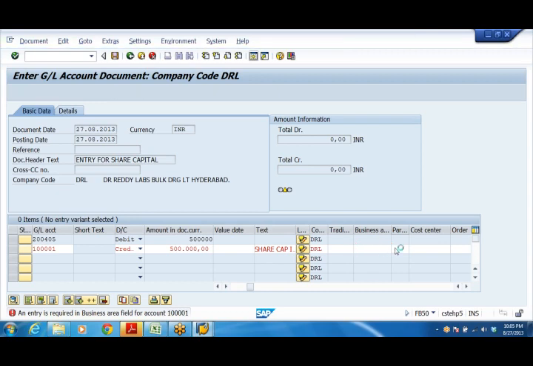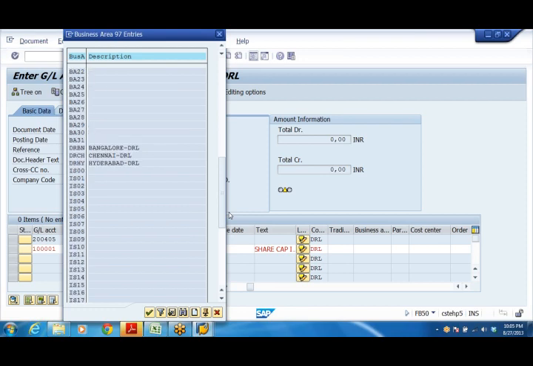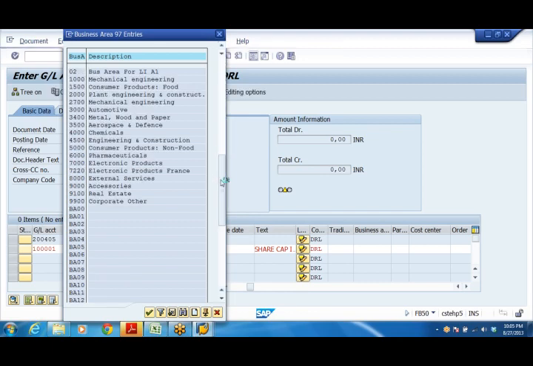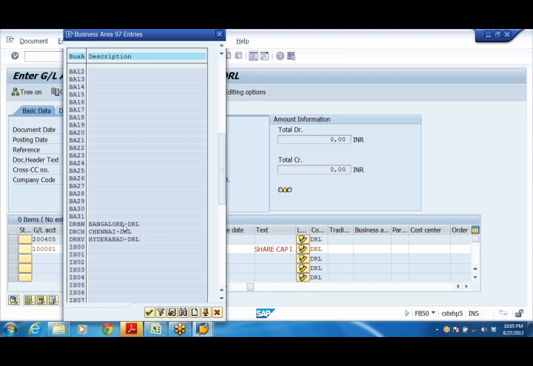We can drill down here and check it. For DRL, we have created the same. We have not created any other, so we'll use the same business area. Save, Hyderabad.